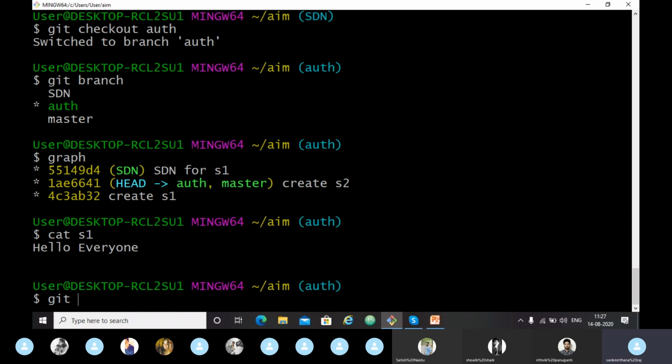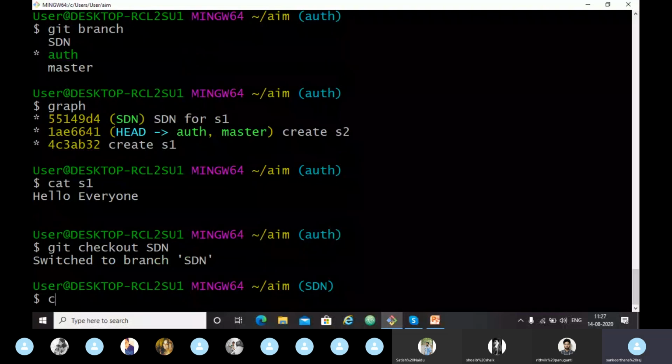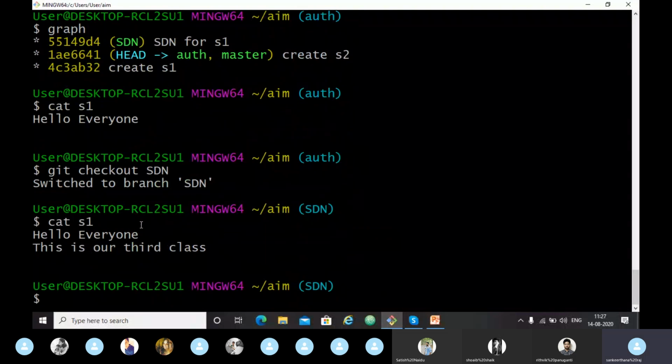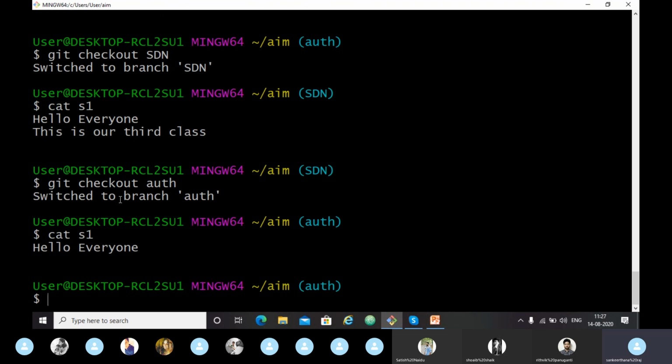Okay, let me show you the difference again. Git checkout SDN, cat S1. So this is the thing we have on the SDN branch. Now if you see it in our auth branch, you can see the difference here.